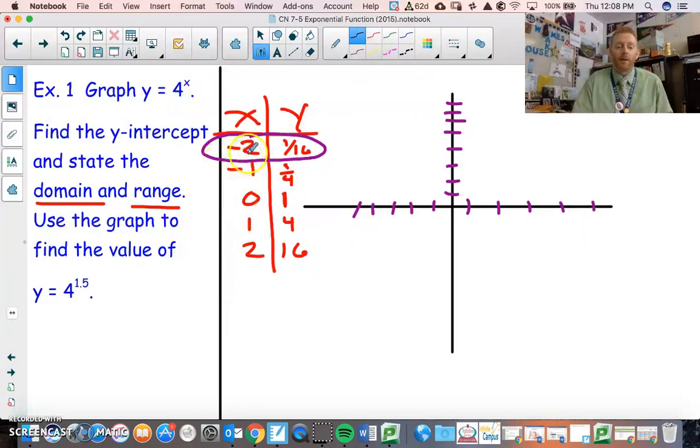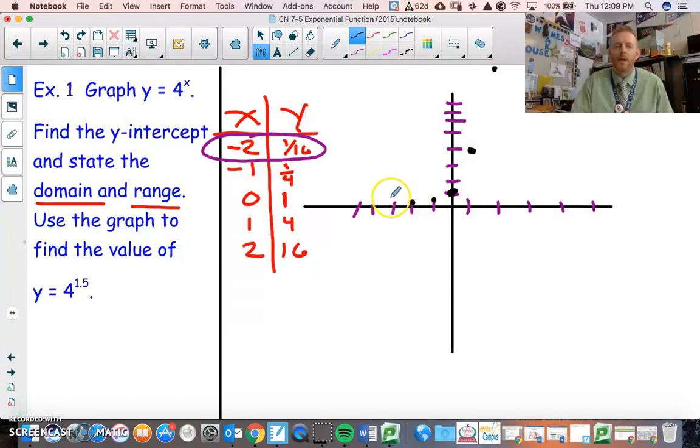I'm going to plug in a -2, so I went to the left 2, got a dot at 1/16, which is just barely above the 0 line. Go to -1, which is 1/4, a little bit higher up. At 0, I'm at 1. At 1, I am at 4. 1, 2, 3, 4. Then at 2, I'm going to be way up here at like 16, which is probably